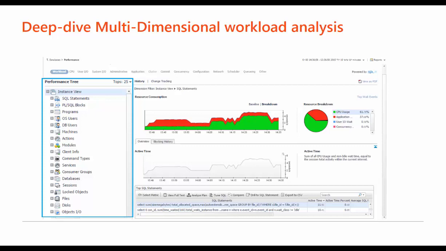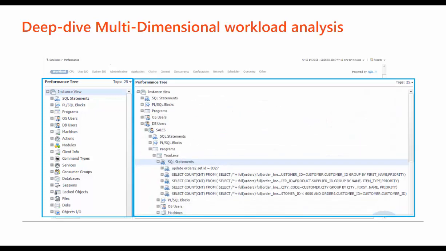For example, the SQL statement that the session was executing, the program that the session was connected from, the DB user of this session, the data file or the temp file that was accessed by the session, the disk, the object, etc. So in this case, we can see all the SQL statements which were executed by the program Toad that is running under user sales.